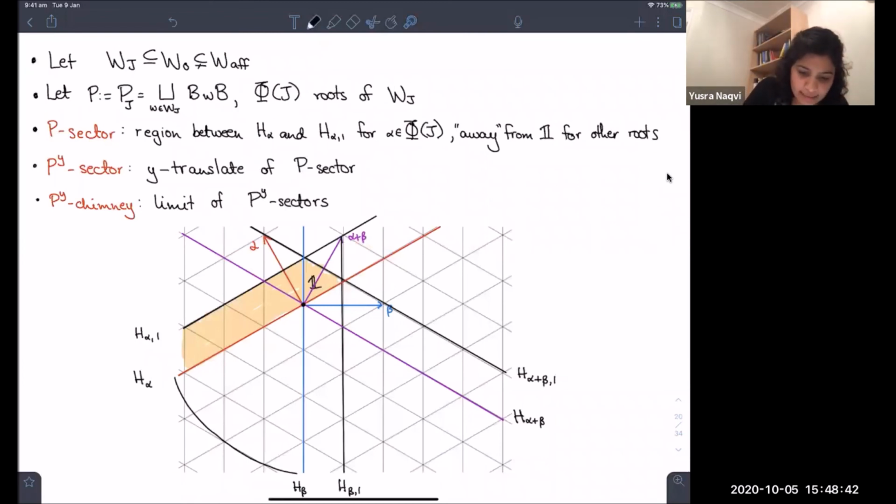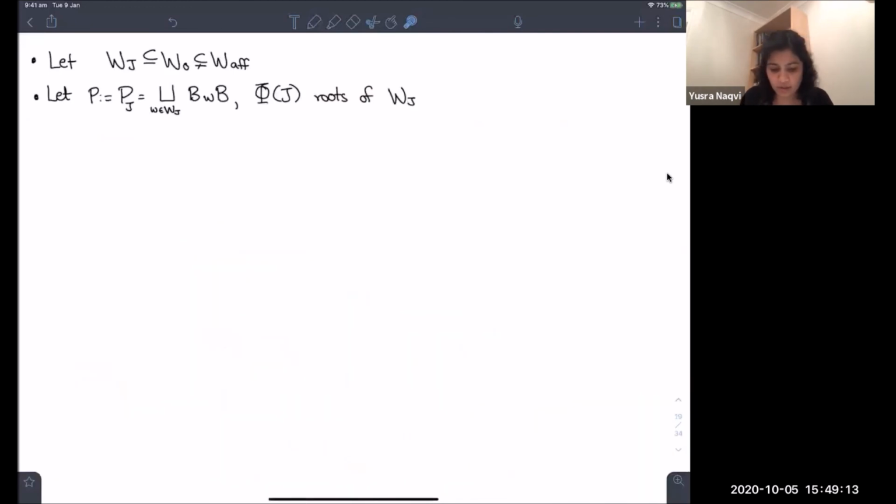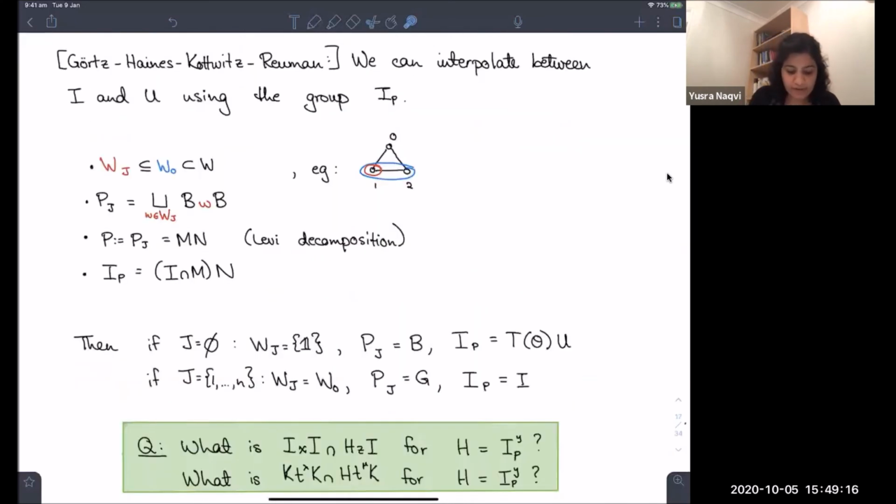This is looking at the case where J or WJ is just going to be this thing labeled by 1, or J just consists of the first element over here. I could also do the same thing using the other direction beta over here. Oh, sorry. And that would give me some sort of sector. In this case, if I looked at a situation where J is taken to be 1 and 2, so I'm going to go back. Sorry if this is a bit dizzying. If I look at the case where J consists of all my indices 1 and 2